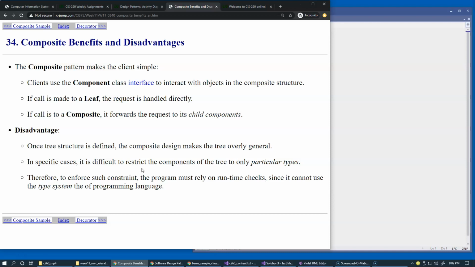But perhaps that's still a trade-off, because the benefit is that we can construct in an unrestricted way; we can construct complicated trees out of these individual components. So to enforce any constraints, the program must rely on runtime checks and cannot use the type system of the programming language. So essentially, what